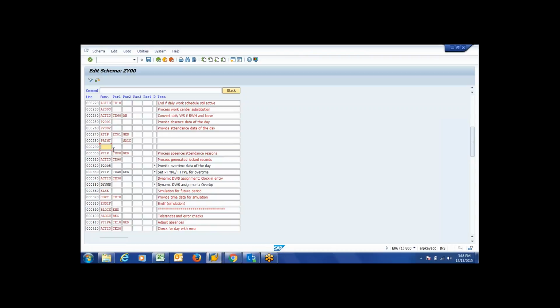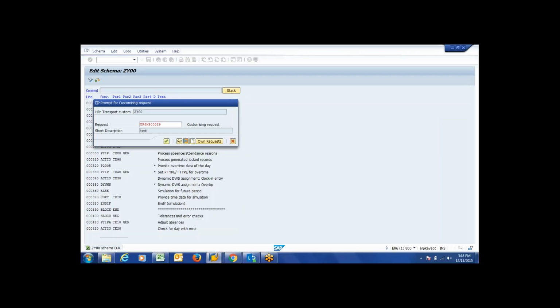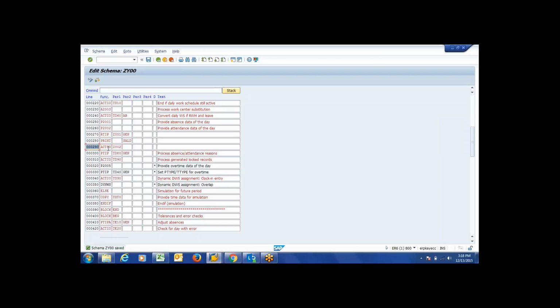So the second PCR, what we are doing, we are just calling the time type and validating, and we are generating a time relevant wage type for overtime. So for this ACT function, without any parameter 2 or 3. So initially when you are generating a